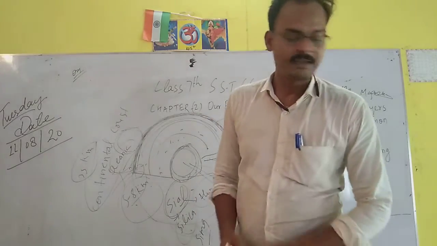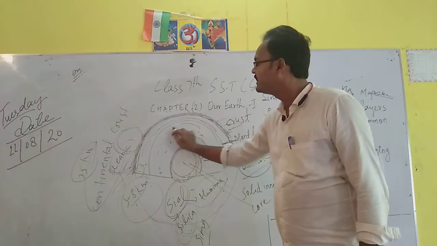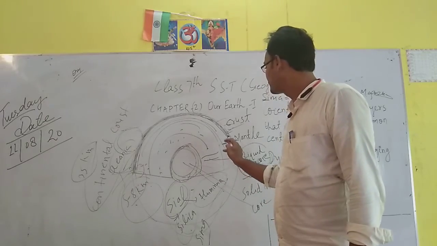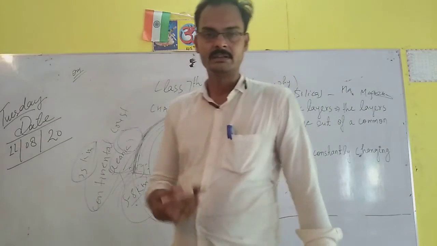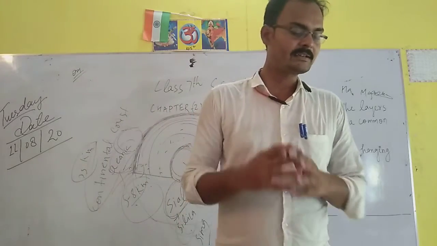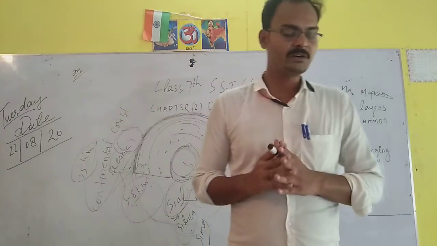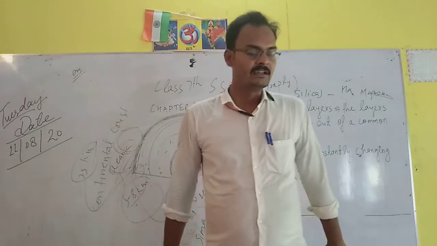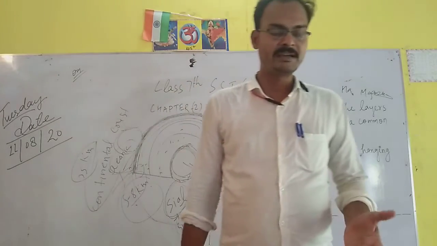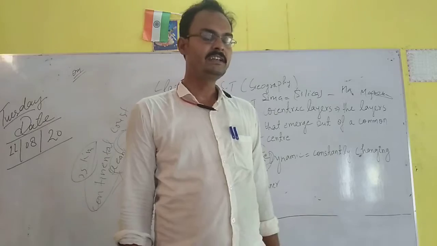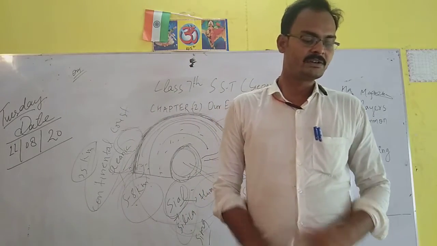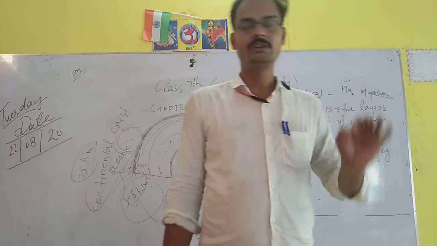If we see about the mantle, that is the inner part, the lower part of the crust. After the crust, the inner part is the mantle. What is mantle? The layer that lies just below the earth crust is called mantle. It is about 2,900 km in thickness. Dense and heavy materials such as iron, Fe, and magnesium, Mg, are a part of this layer. It accounts for 84% of the earth's total volume.